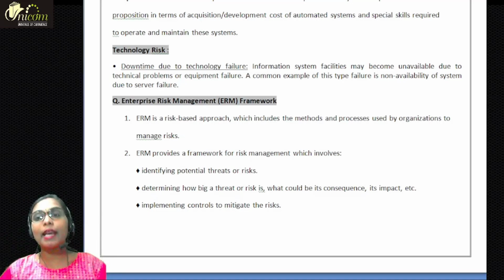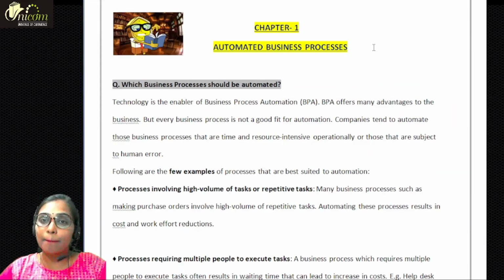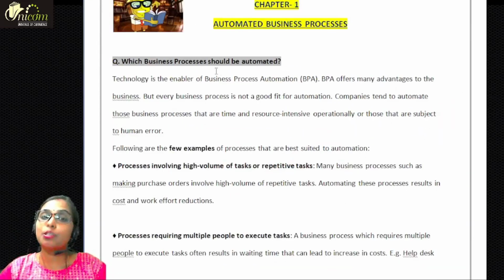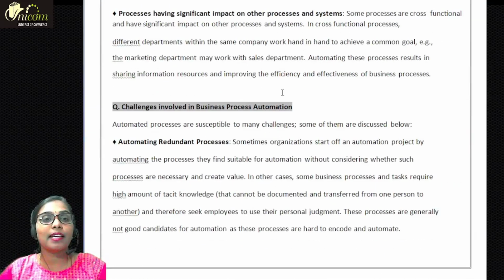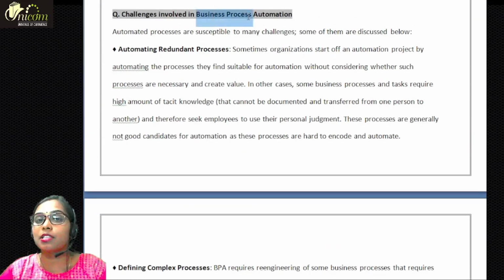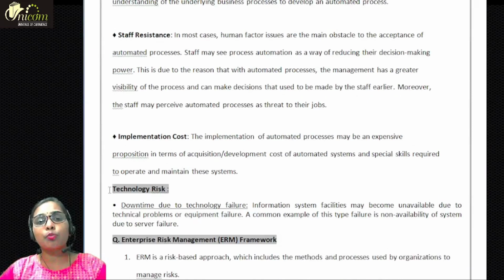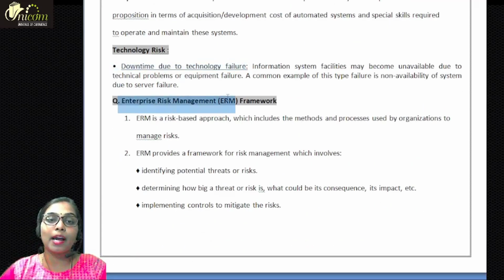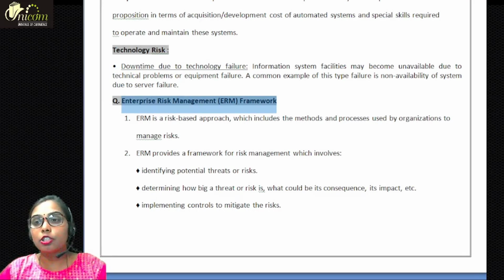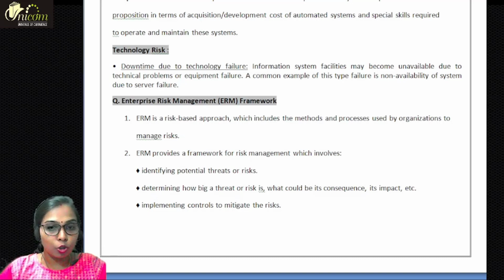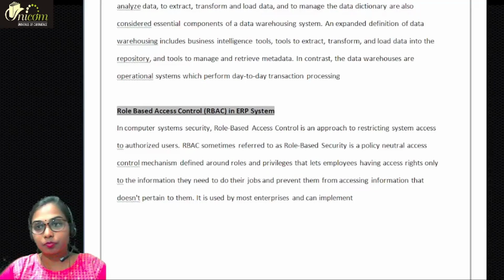ठीक है. तो ये particular points हैं हमारे चैप्टर नंबर 1 amendments में, right? The first one is which business process should be automated. Second part is challenges involved in business process automation. The next is the small addition in technology risk, this particular point. And the last one is enterprise risk management framework. ठीक है. Now coming on to the next part, that is chapter number 2, amendments. ठीक है. So let's go to chapter number 2,